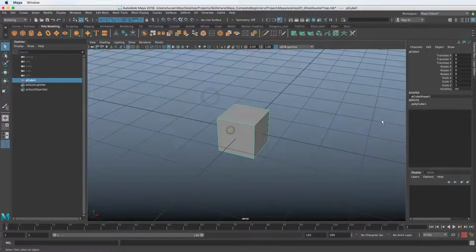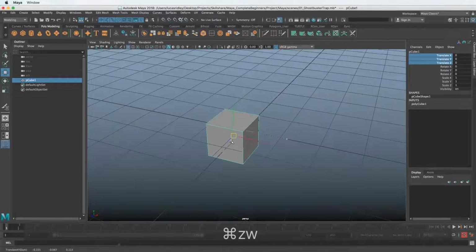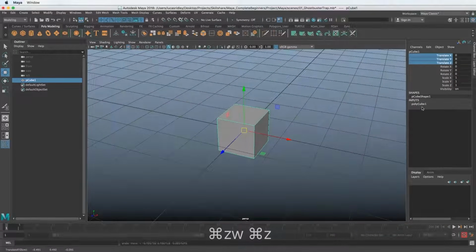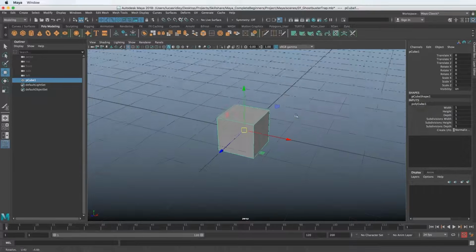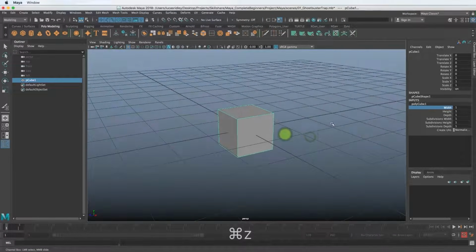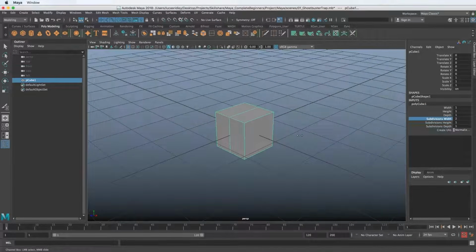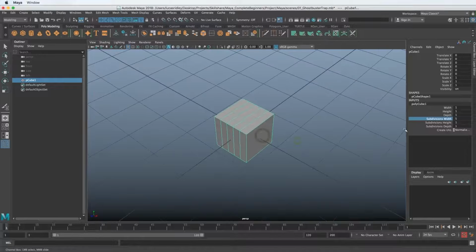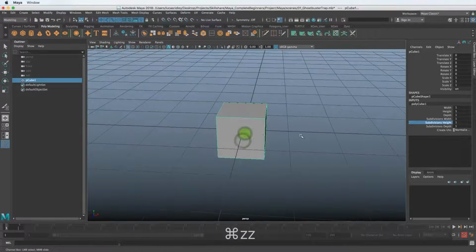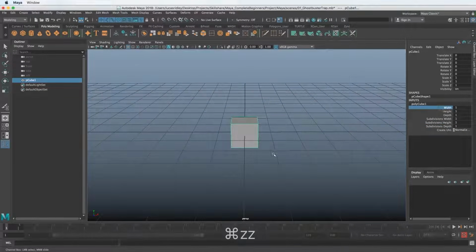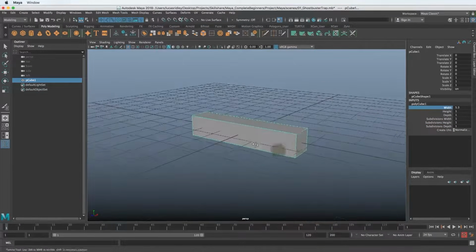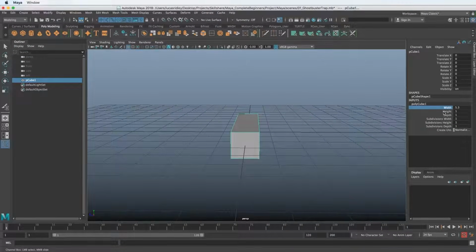And I point out these things because we can translate this thing around different ways, and that's reflected here. But there's also other options. When we pop this down, we can get subdivisions. So if we wanted more subdivisions, we can go to subdivision width, height, and depth, and those will do different kind of dimensions on this, depending on if we need more geometry. But we'll get to that in a minute. Let's first make the basic shape. So I'll go to width, and I'll make this a little longer and a little wider and tall.